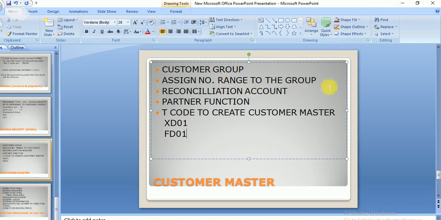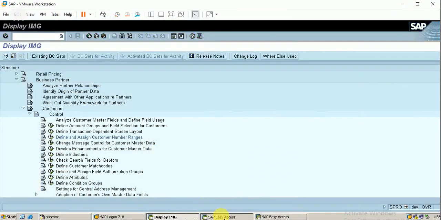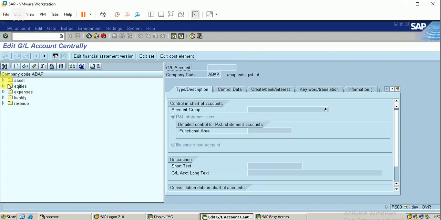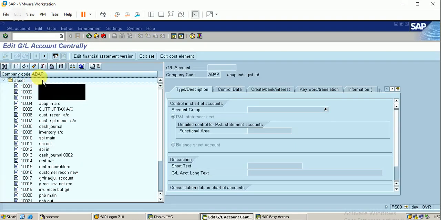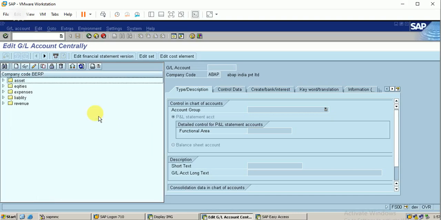Let me go with the second step, that is, the reconciliation account. I'm entering a new tab and going to the ledger. I want to create a new account, so I'm entering the T code FS00. I will create a customer reconciliation account in this asset group. This is not my company code, so I want to change it. Clicking on change company code, entering my company code.